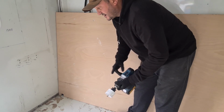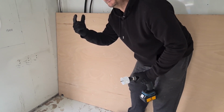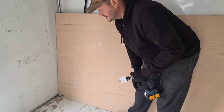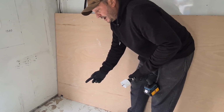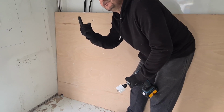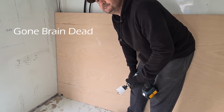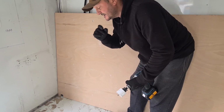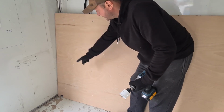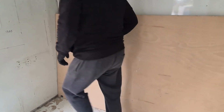The only way I could do it was I used a bit of non-bedding sealant that you use on your hatches, loft hatches, and roof lights. So that's marked now where each of the bolts are. So I'll go dead in the centre and hopefully